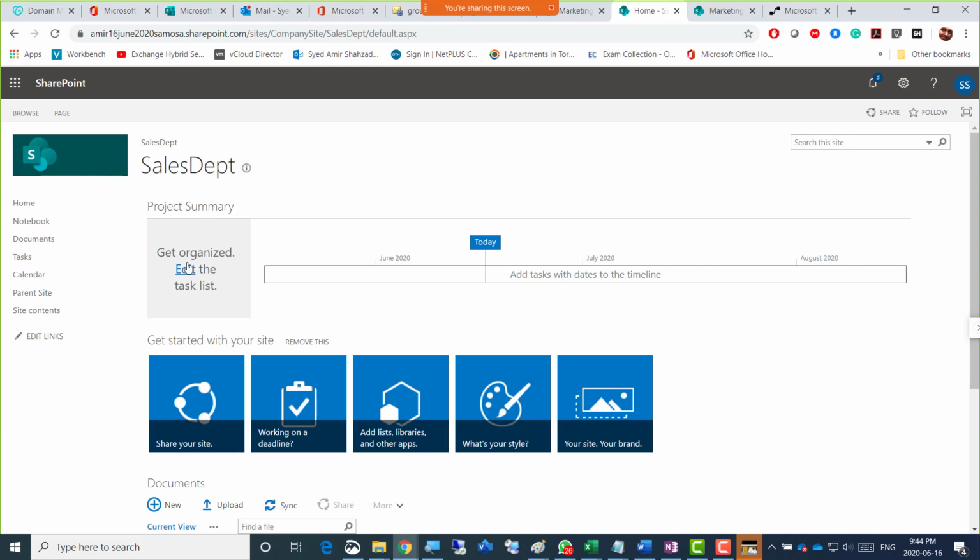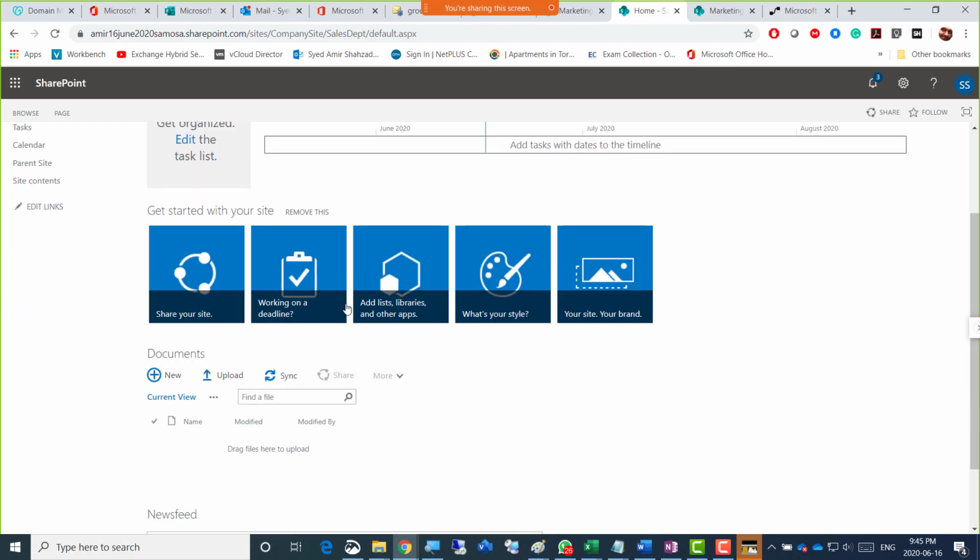There's a project summary, get organized, edit the task list, and there's add task with dates to the timeline. Now this is only available with the project site, that you have a project summary window here, right? Otherwise, the rest is just like any other team site.